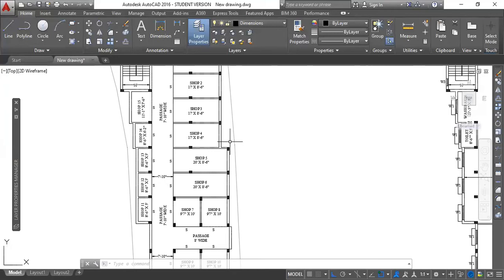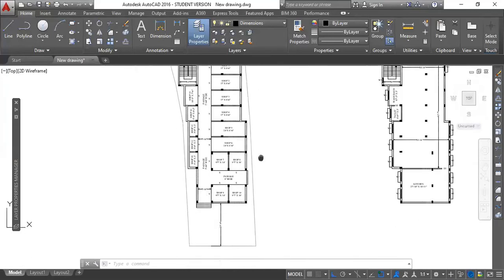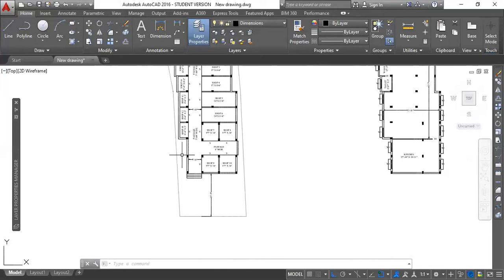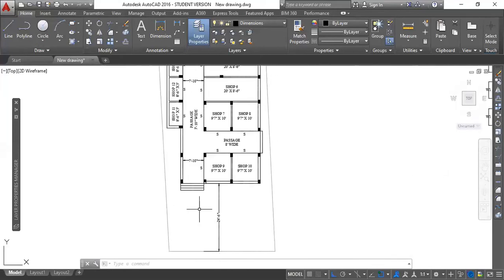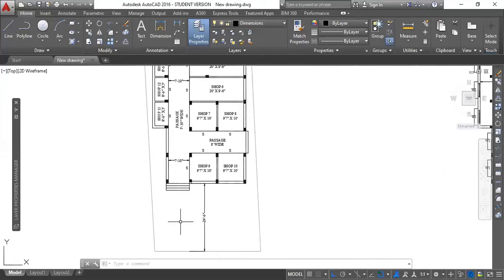Most of the time, the client who comes to you, maybe you will not be able to visit the site. Always try to visit the site if you are getting a very good amount, a very big project or a very valuable project. That will give you much information. You can always carry a measuring tape with you. That is good. But in most cases, it is civil engineers who get the chance or opportunity to visit the site, because they have to do the surveys and all that.